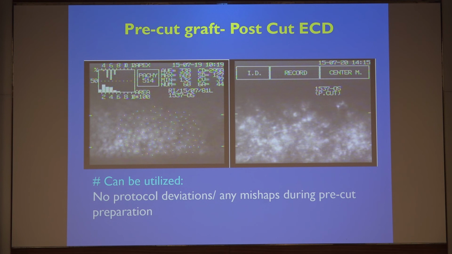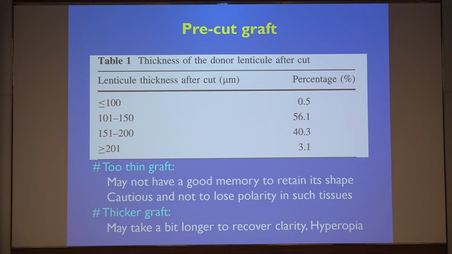Now what does this mean? Should we discard these corneas? Should we utilize these corneas? This again is subject to variation. If there has been no protocol deviation from the eye bank side, and the technicians are ones you have confidence in, and no mishaps happened during the pre-cut tissue preparation, one would be okay to use these corneas, and we have used these corneas. Personally, we have had experience in using these corneas, sometimes because, for various reasons, you don't get the post-cut count. Having utilized those corneas, they do recover, as long as you are sure there were no issues, you can certainly use them.